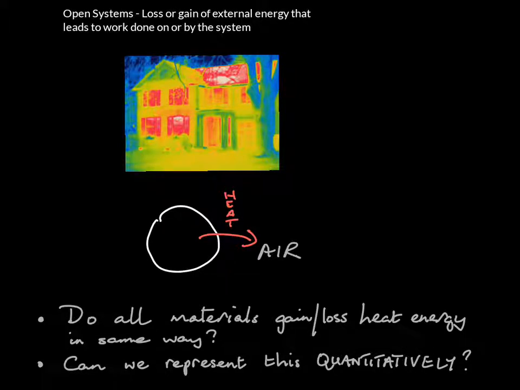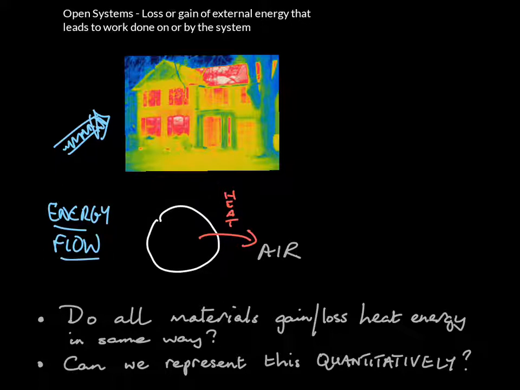So far we've talked about how systems handle energy and the difference between closed systems and open systems, and the fact that open systems lose or gain external energy that leads to work done on or by the system. And you can see in this infrared photograph of the house that there is some energy being lost. And when we look at this in terms of an energy flow diagram of the house being the